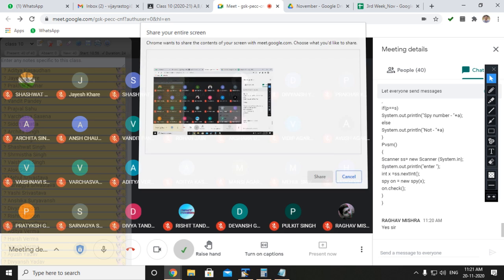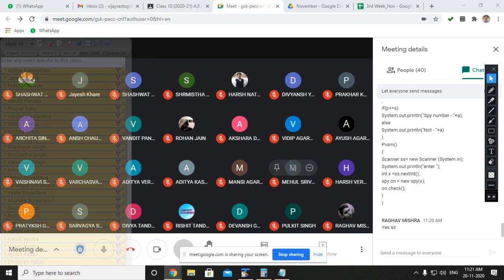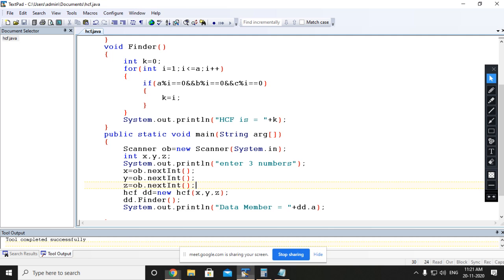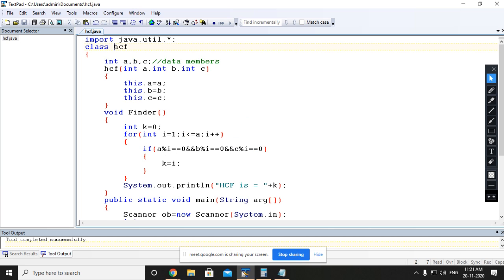So let me discuss this program myself. This time the program is SPY. How many numbers are we supposed to enter? One number. So what will be the constructor name?